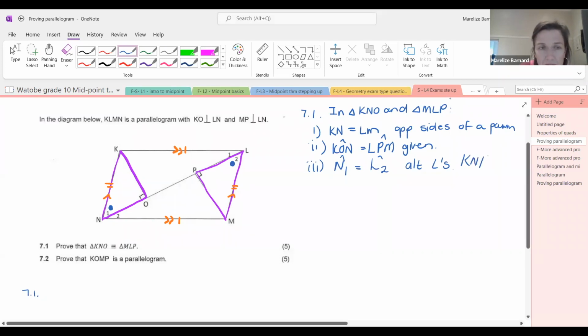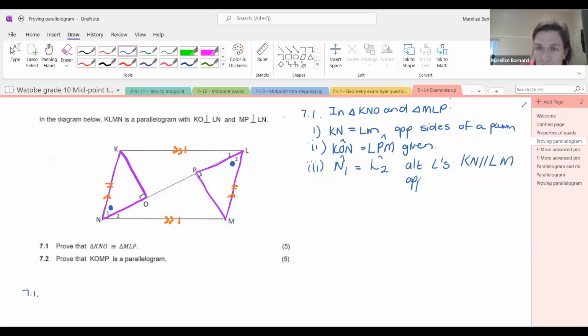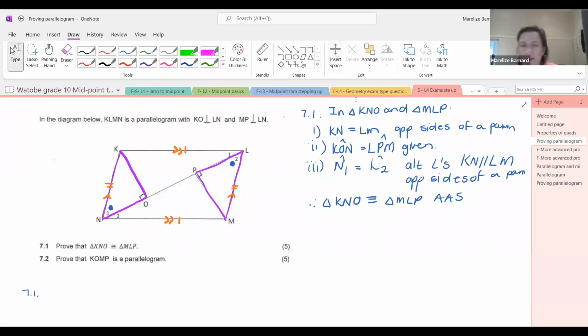KN parallel to LM, opposite sides of a parallelogram. Okay, so you can put both those things down, and therefore triangle KNO is congruent to triangle MLP, and that's because of angle, side, angle. Okay, now for the next thing, we have to prove that KOMP